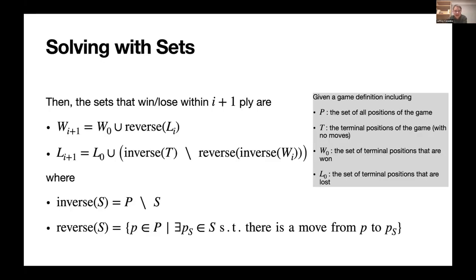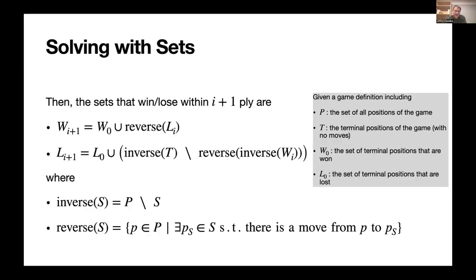So these are kind of the classic definitions. These are pretty close to what von Neumann and Morgenstern used, but basically a win in i+1 ply is a position where the game was already won, or we can have a move into a game where the other party who moves next has lost. And similarly, we can define losses in i+1 ply as positions where it's lost already, or they can move, but they can't move into a place where the other side didn't win. So they're forced into a loss. So those are, I think, pretty standard within the community.